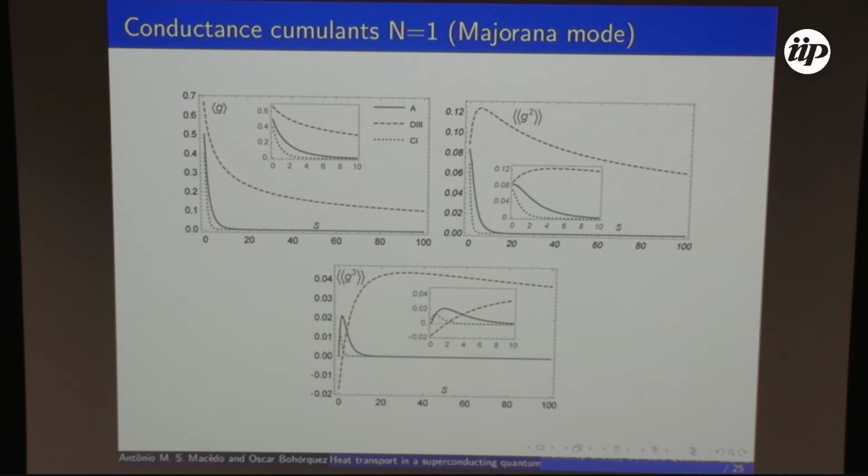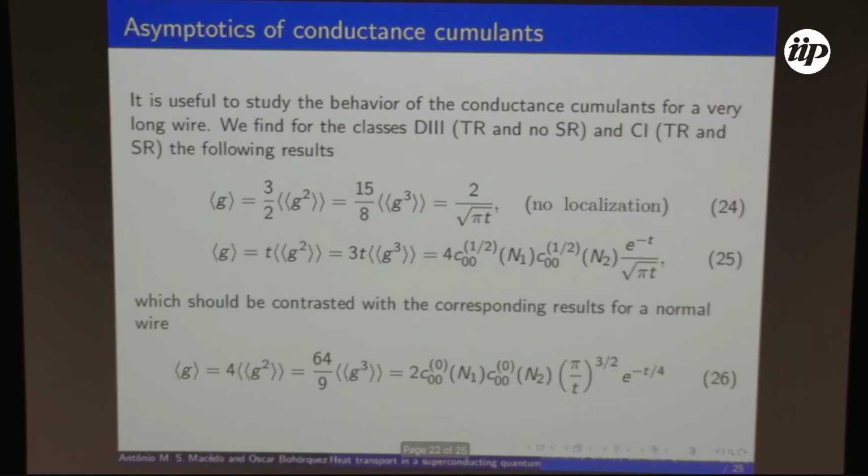And why do you need D3? Let me go back here and explain it a little bit more. Why, in n equals 1, do you need D3 in order to see the Majorana mode? The reason is that the Majorana mode is a coherent superposition of electron and hole, but it has to be in the same spin band. Andreev reflection doesn't do that. So simple Andreev reflection doesn't solve the problem because it is a superposition, it's a singlet, okay?